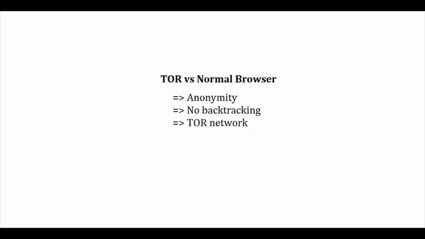If you are using the Tor browser, not only is the data being exchanged encrypted, but the location or website is also encrypted, so there is complete anonymity, and there is no way to backtrack the sender or source. Connections between nodes, when you're using a Tor browser, even the connections are encrypted, and this is because Tor browser makes use of its own path or its own network to reach the destination.